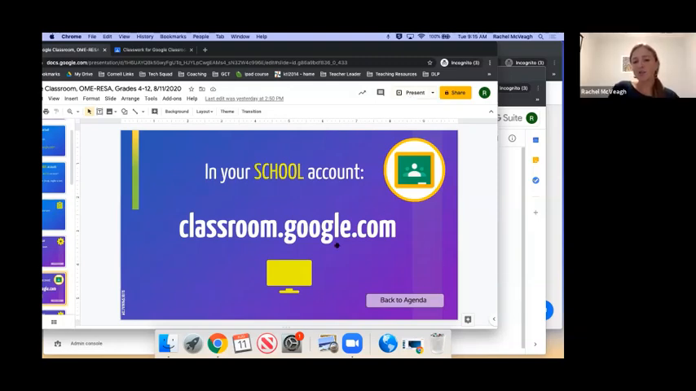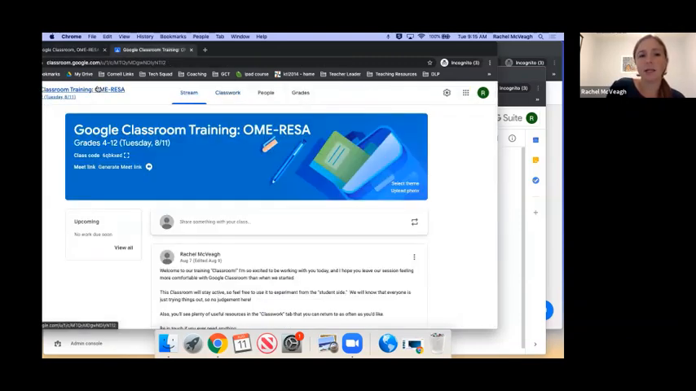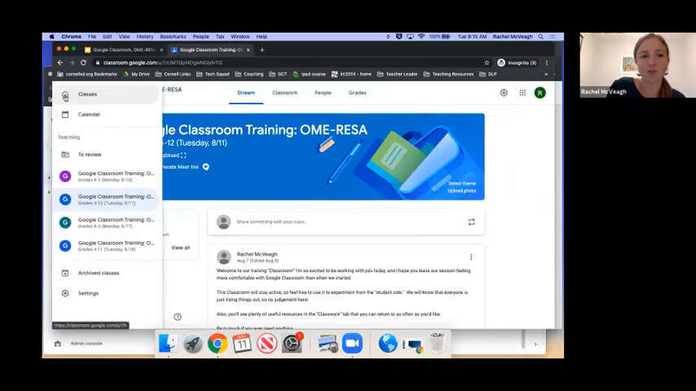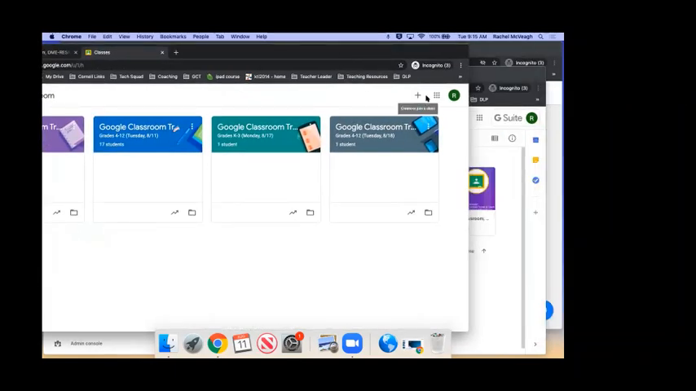So once you're at classroom.google.com, you are going to want to click on that plus button again, which should start to look familiar in that upper right-hand corner. This time,